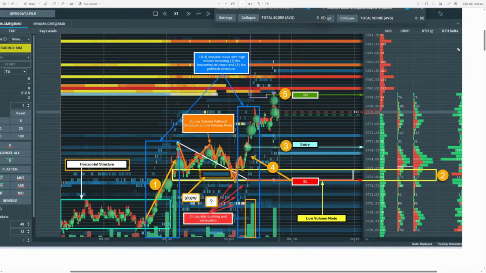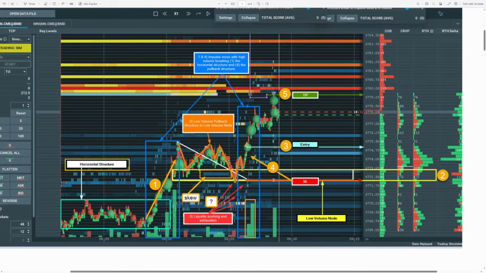And I see this structure that forms. It's not a double top. It's a triple top, and then the price, the sellers come back and put this thing in the low volume node that I spotted, and I see this liquidity there